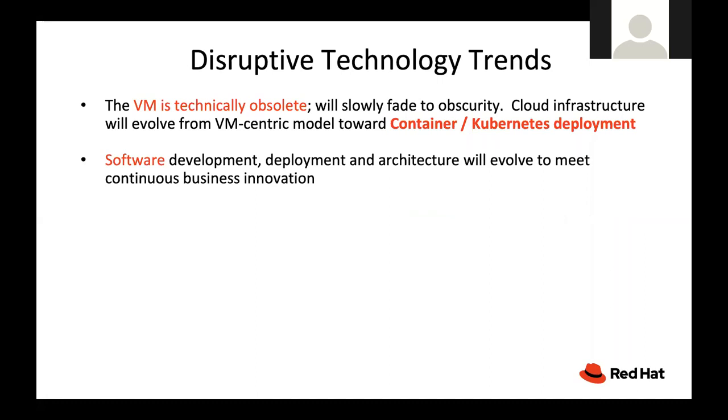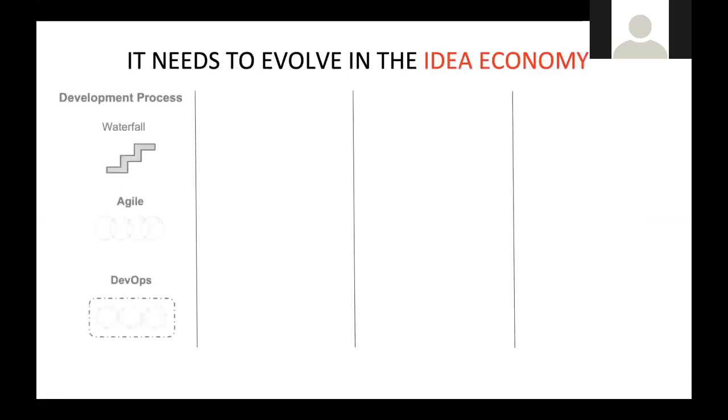So let's discuss other disruptive technology trends. Software development, as I mentioned earlier, software being embedded today in almost everything we do, everything we buy, everything we use, and it's the new way of purchasing things, communicating, interacting with each other. Software development and the deployment and the architecture is evolving to meet these innovations. So what do we mean by that? If we look at the old development process of applications, we're moving from the waterfall methodology into more agile and lately into the DevOps architecture.